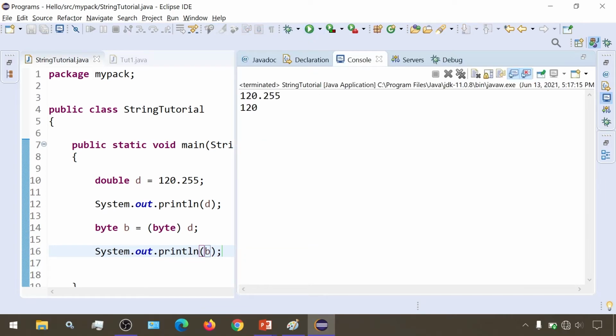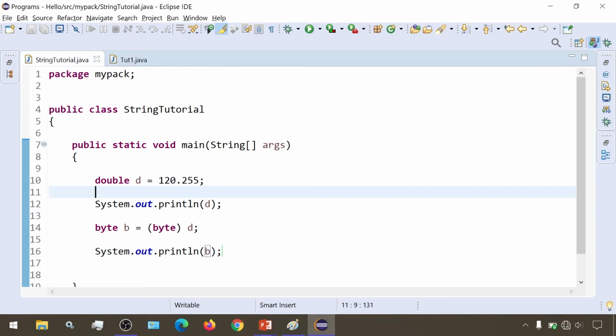Here this double value is being converted into a byte value. What happens here is we saw that the decimal part is lost for sure, so this 0.225 will be gone. Then only considering this value 120, it will now be converted into int. Since 120 is in the allowed range of byte, it will be converted to byte, and the value 120 will